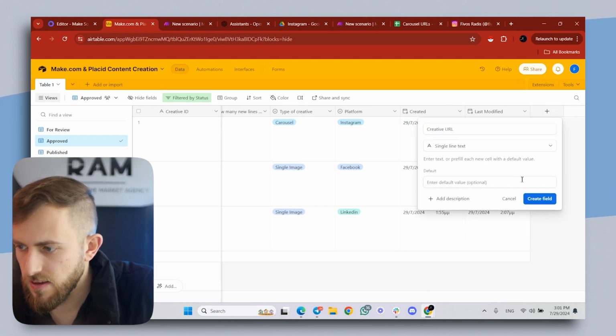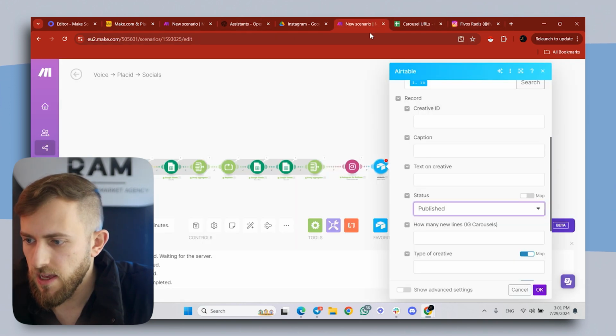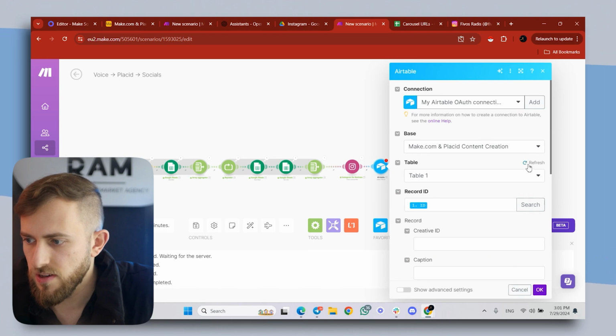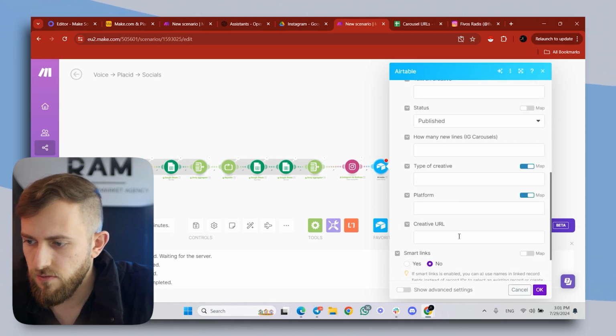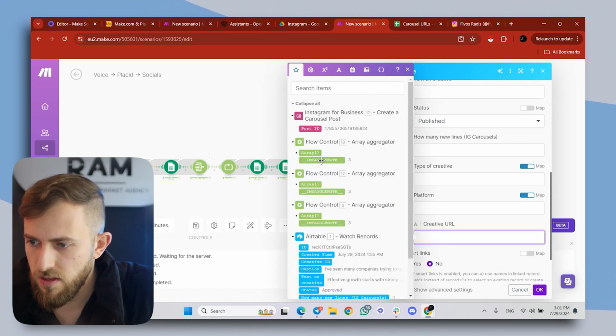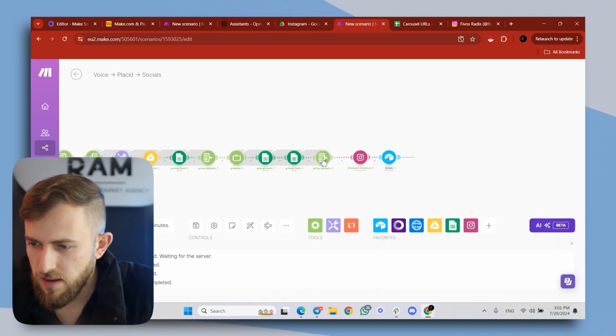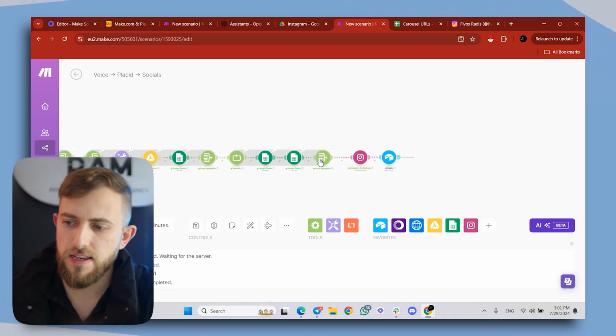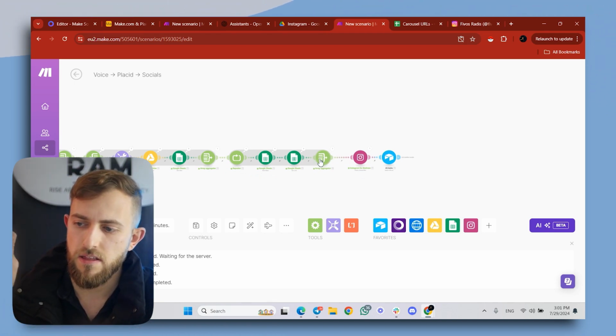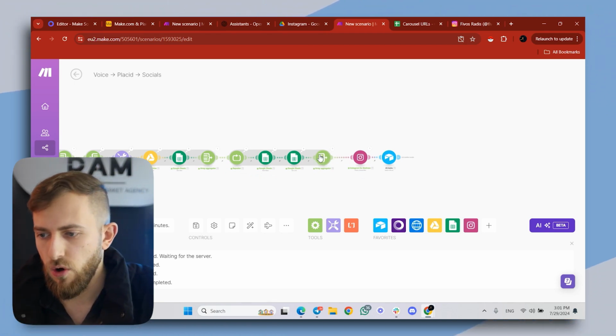Single line text, and we go back to Make, we refresh it, and then the creative URL is going to be the array from the flow control, from the array aggregator over here. And basically what this will do is spit the creative URL from this step